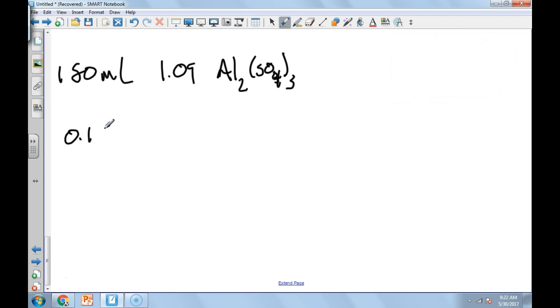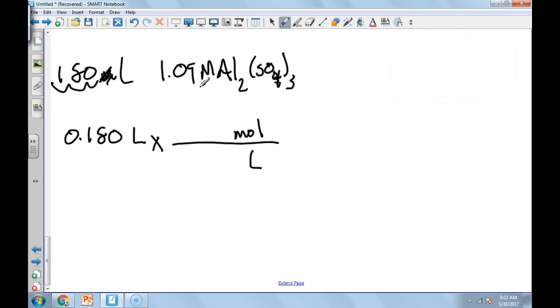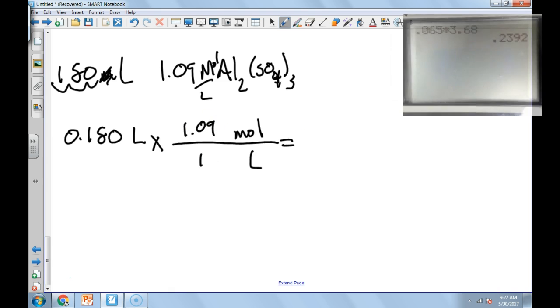So 0.180 liters, because we converted this to liters, X-line. We want to get rid of liters and go to moles. Now remember, molarity can still be written as moles per liter. So this is 1.09 moles for every 1 liter. Now we pull up our calculator, excuse me, 0.180 times 1.09, and that gives us 0.196 moles of